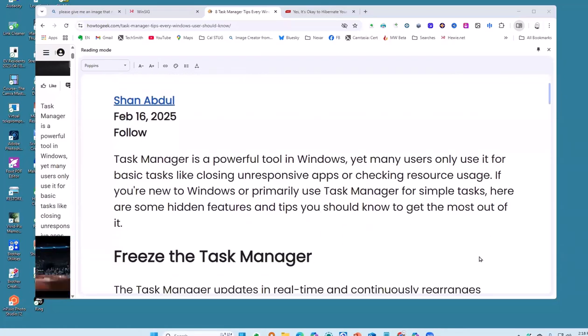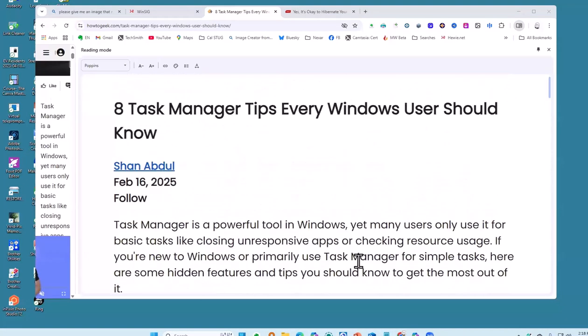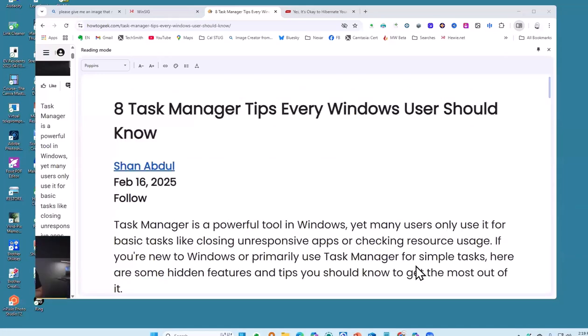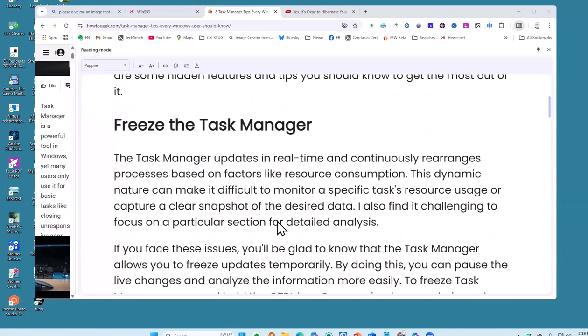Task Manager is a powerful tool in Windows. As I said, many don't use it. Now, freeze the Task Manager. Whoops, yes, this is a problem I was having last month. The Task Manager updates in real time and continuously rearranges processes based on factors like resource consumption. This dynamic nature can make it difficult to monitor a specific task's resources or usage, or capture a clear snapshot of the desired data. I also find it challenging to focus on a particular section for detailed analysis, and see how it jumps on me here. So that's why